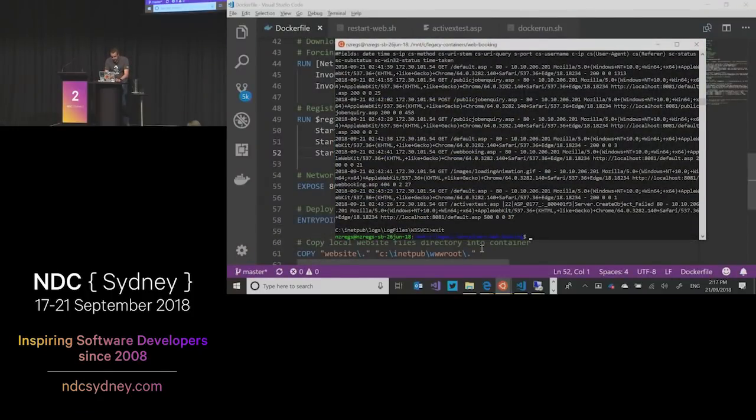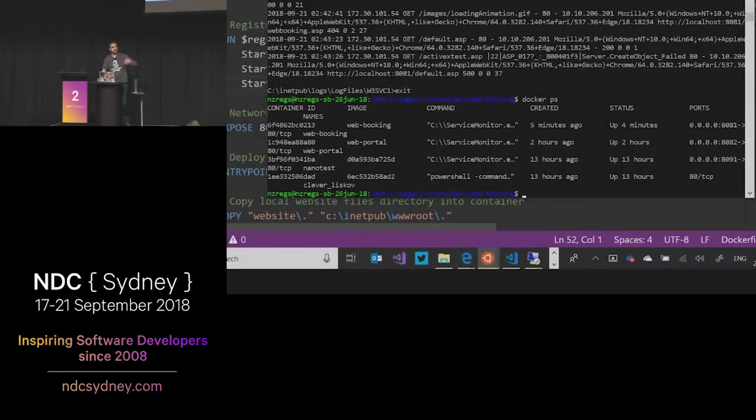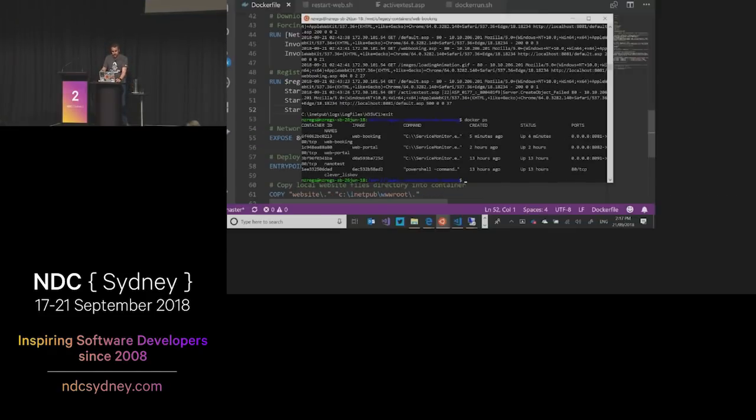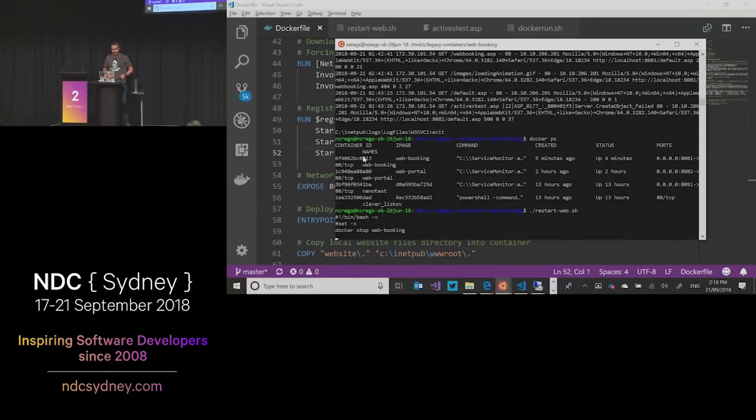exit out of the running container. I'll just do a quick docker ps. So this is how you can see all your running containers, and you can see my web booking one at the top there is running with the name of web booking. But now that I've changed that file, I'm just going to do a restart, and that's going to go and